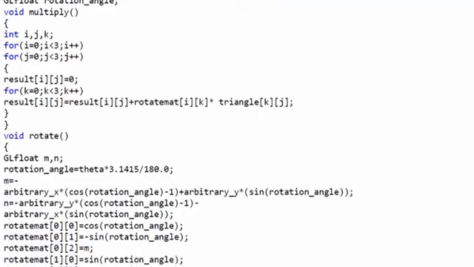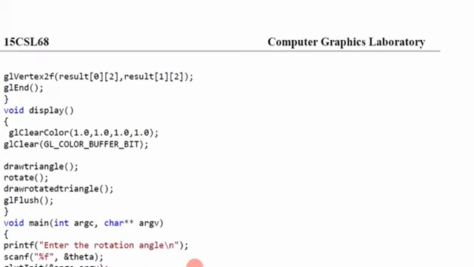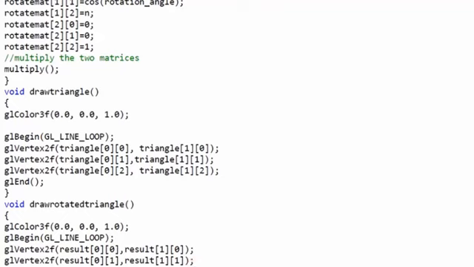So basically this will give us the new axis of the x and y. So in our draw rotated triangle, we are going to show a result of x and y. Here, x of origin, the loop from 0, y axis the loop from 0.